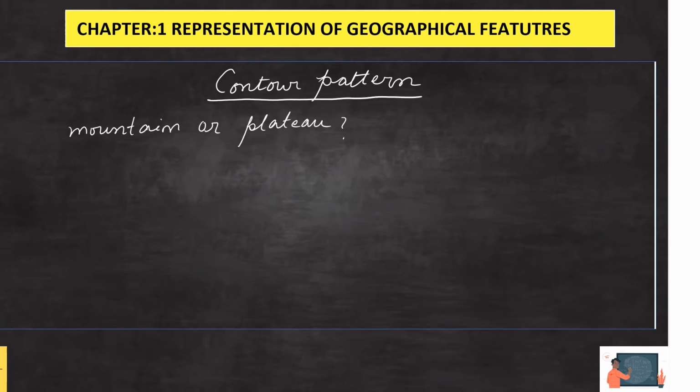Okay. So here we have to know the pattern. First, we have to know how this is forming different kinds of slopes in different kinds of landform. So first point,